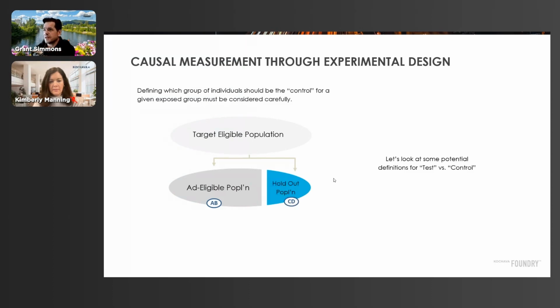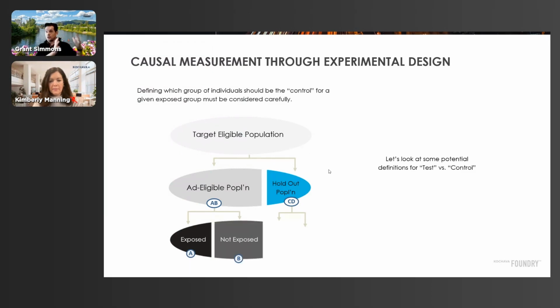And we can further subset this. Within those you're trying to treat with ads, the ad eligible population, that gets subset into who you could actually reach with ads and who you tried to reach with ads, but you couldn't. And then finally, your holdout, assuming you run a PSA or a serve time or something like that, has the same issue. Meaning you're going to try to treat everybody with a PSA, but you're only going to reach some. You're going to try to reach everybody with a brand ad, but you're only going to reach some. And so you end up having what I call the pill, or these four subset groups.